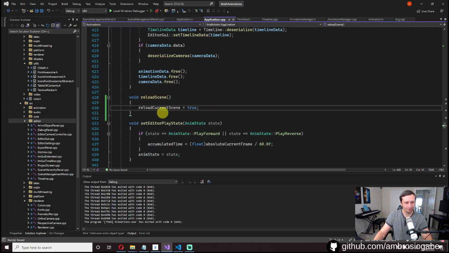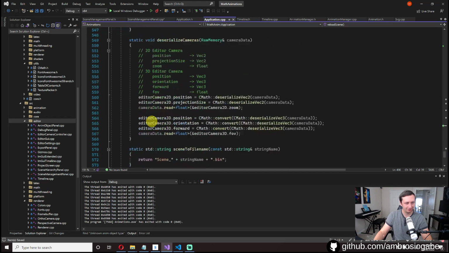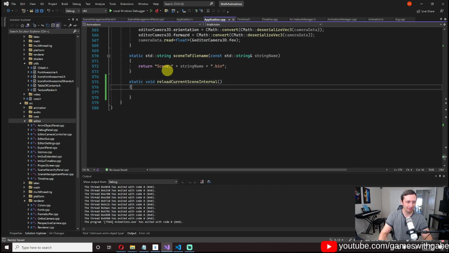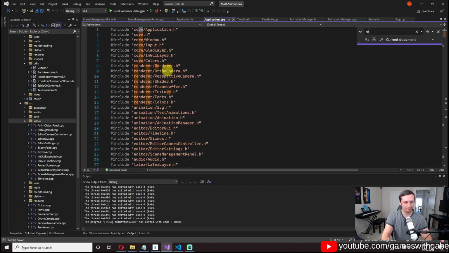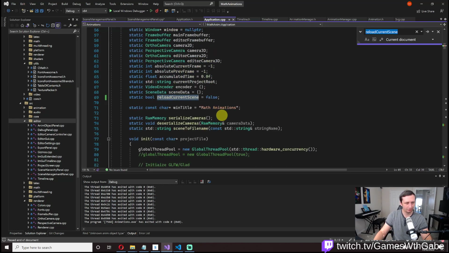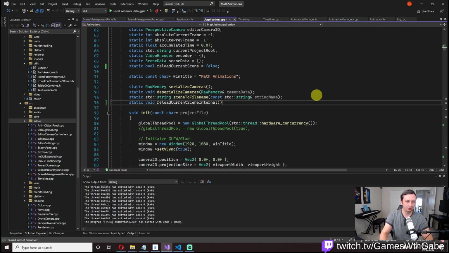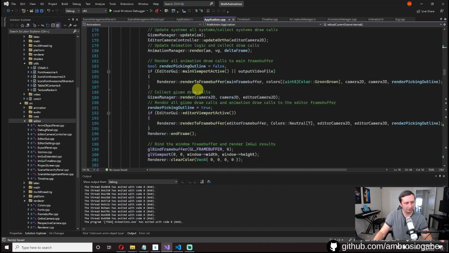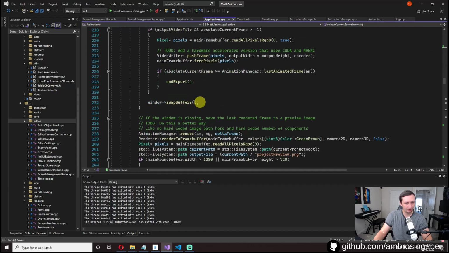And then we're going to have a reload scene internal or something that actually does the stuff we want it to do. So we'll have static void reload scene internal, and this should actually reload it. So we've got that. Let's actually go search for that real quick. Okay, we got that there. Put that there. Okay, so at the end of our loop, inside of our core game loop, right here,